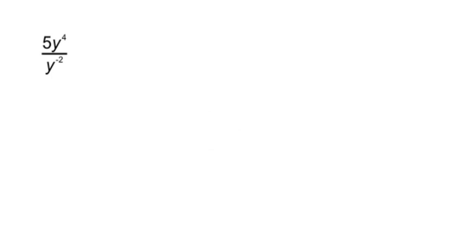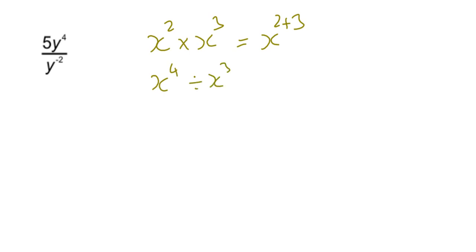So for example, if you remember, we learned that if I had, let's say, x squared, and I multiplied it by x cubed, then my answer was x to the 2 plus 3. And we could write that in terms of x to the a times x to the b is x to the a plus b. And we saw that if I had, let's say, x to the 4 divided by x to the 3, then that would be x to the 4 minus 3, which would be x to